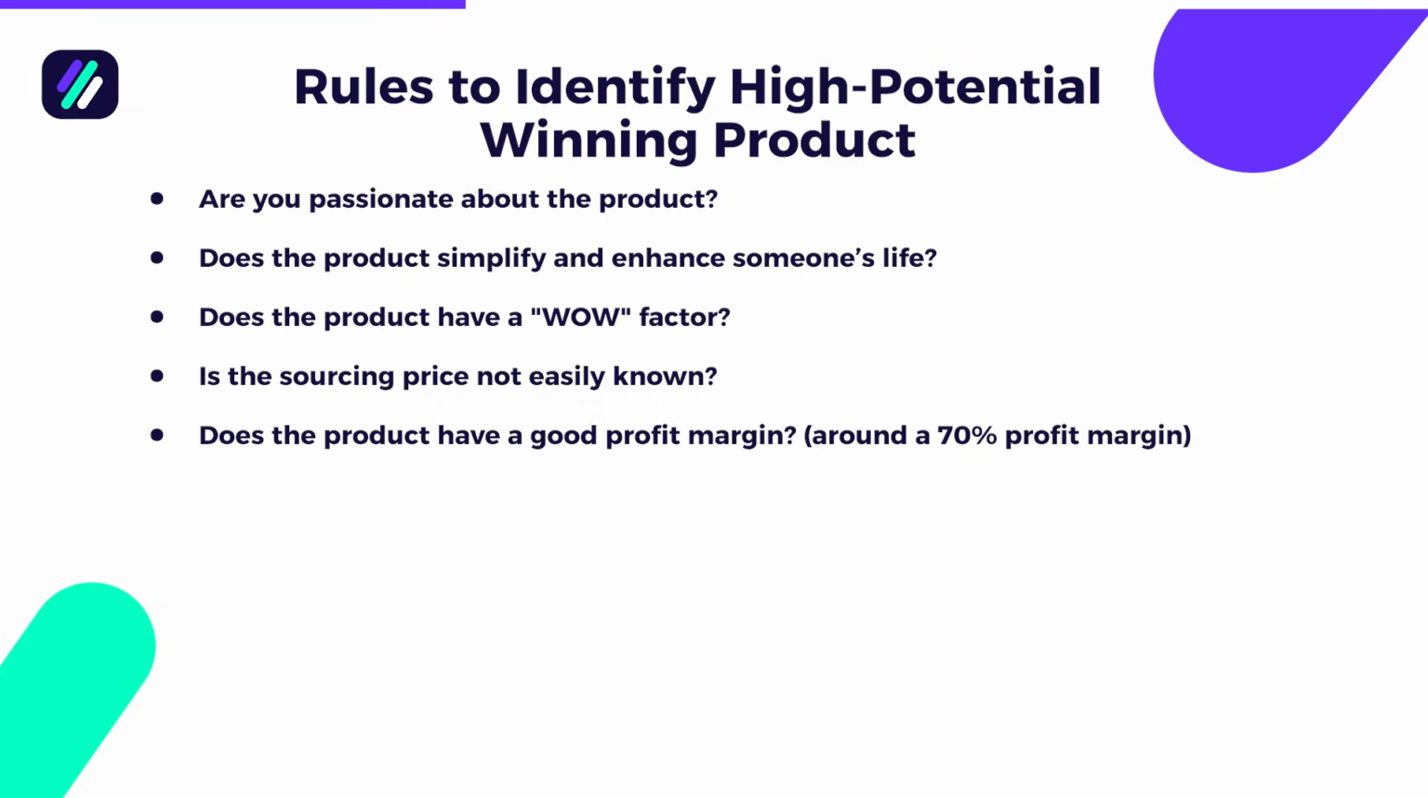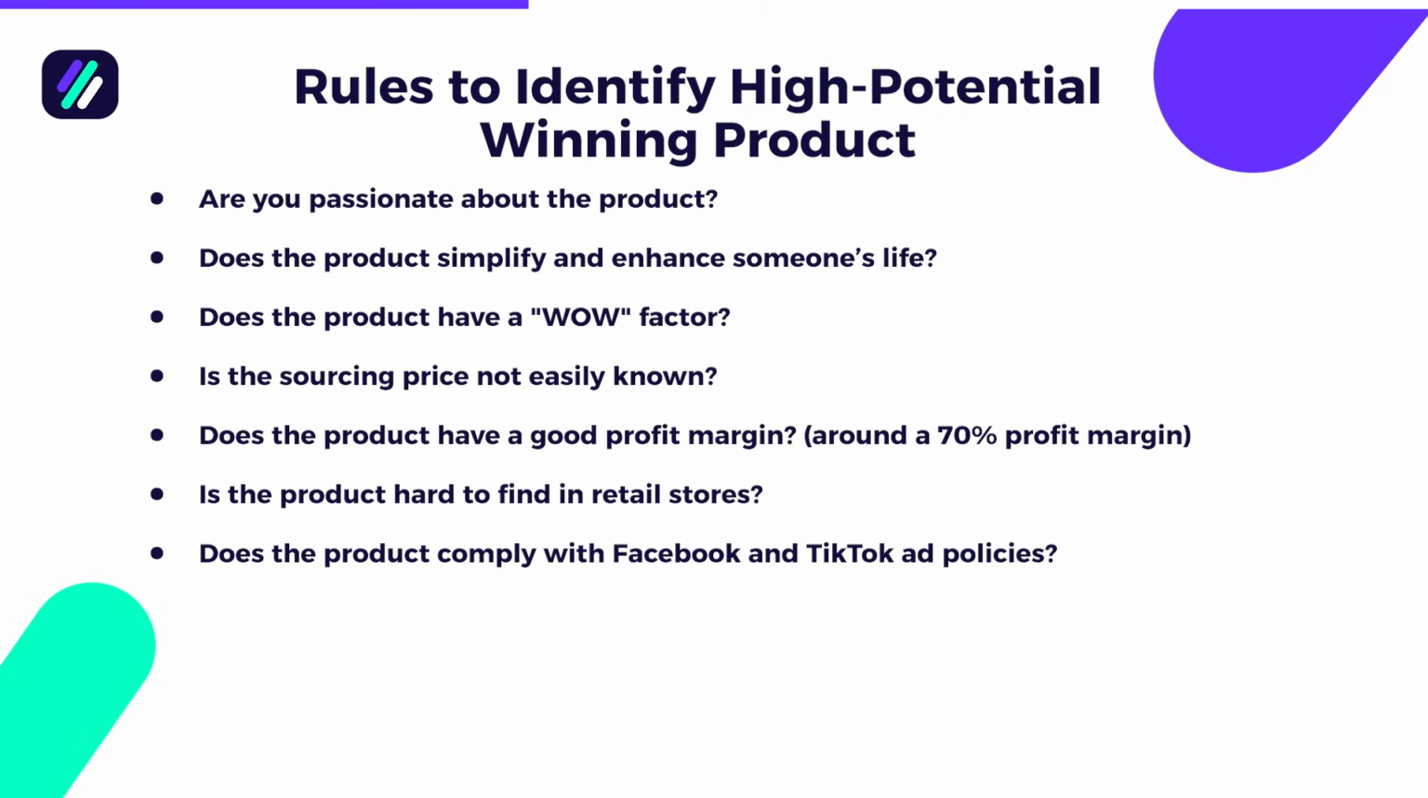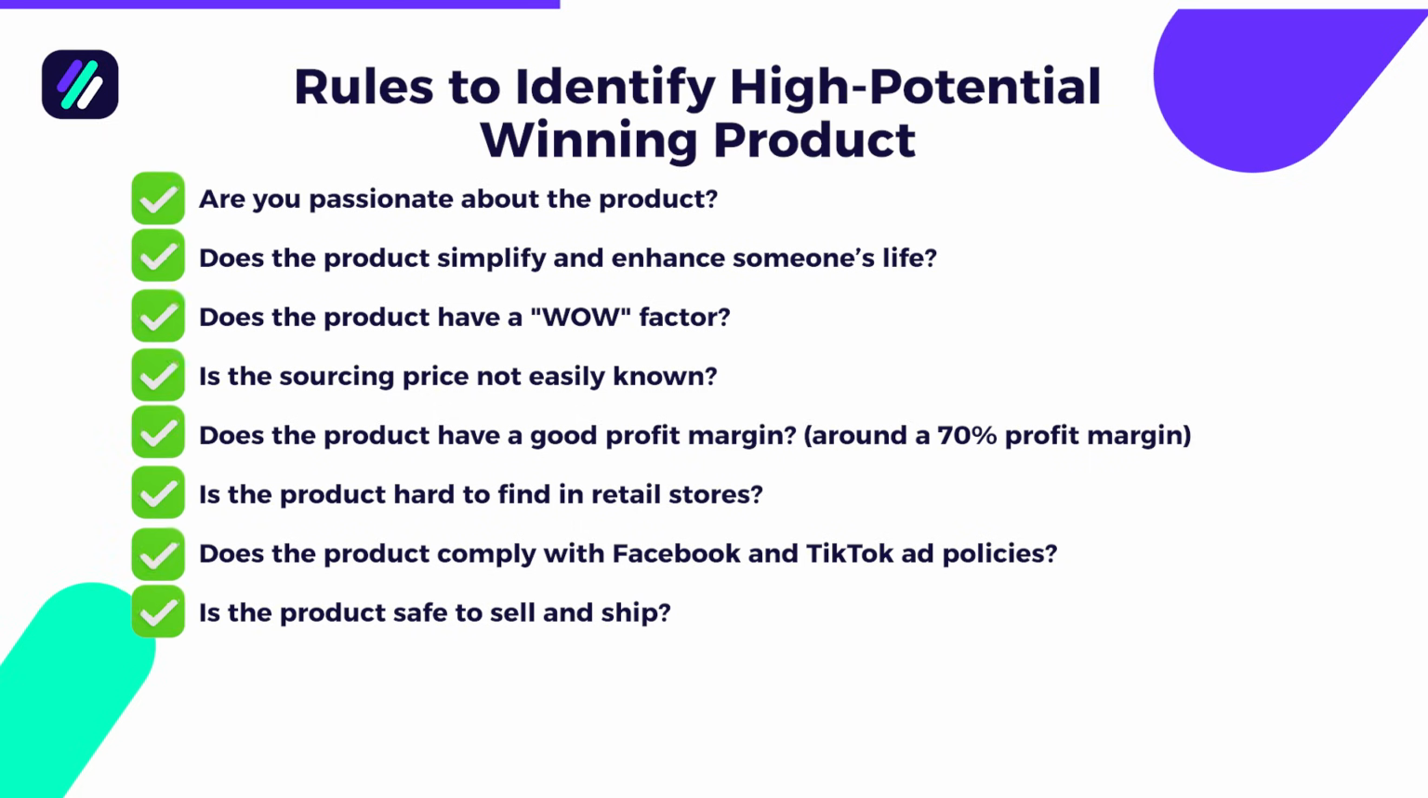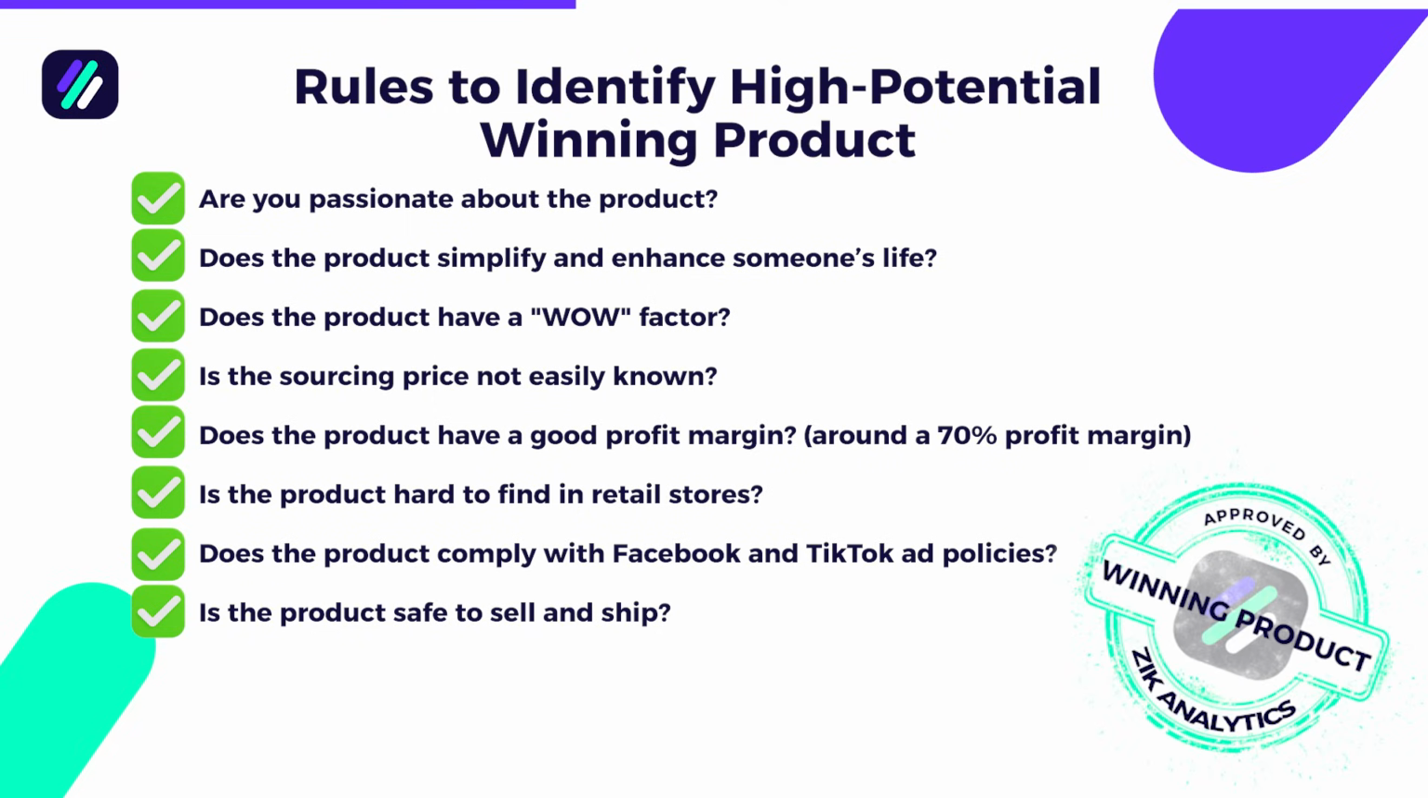We want to aim to sell the product for at least 3 times the supplier price and achieve around a 70% profit margin, mainly to cover ad costs and other marketing expenses. Is the product hard to find in retail stores? Does the product comply with Facebook and TikTok ad policies? Is the product safe to sell and ship? If a product checks all or most of these boxes, it has a strong potential to become a winning dropshipping